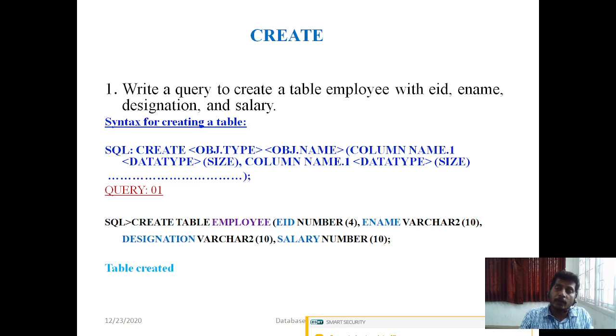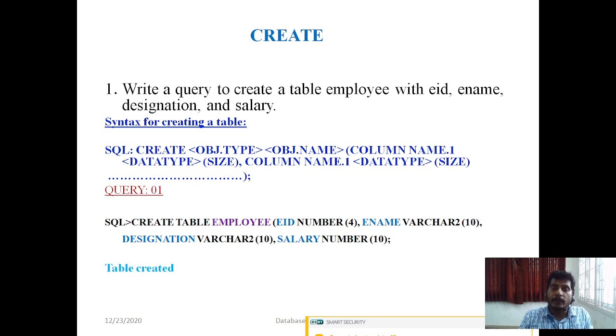The relation name and table name are the same, and it has 4 attributes: employee ID, employee name, designation, and salary. Employee is an entity, meaning a thing or object. It describes some properties, which are called attributes.